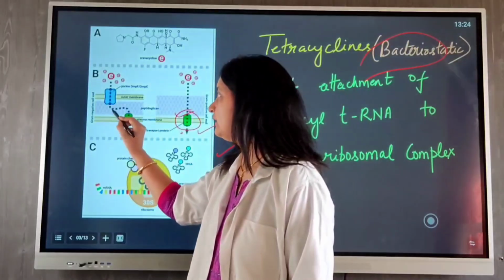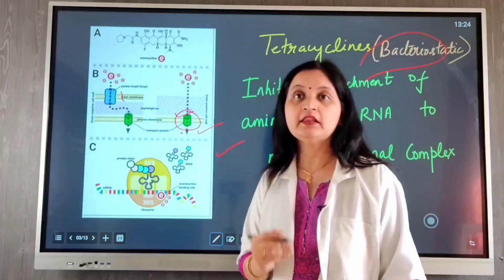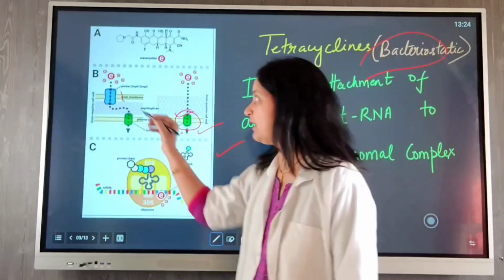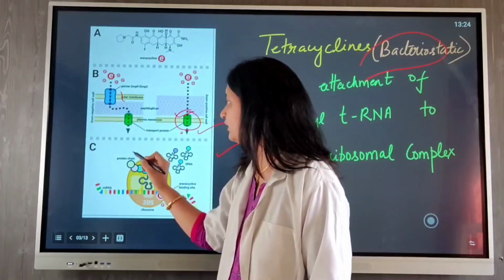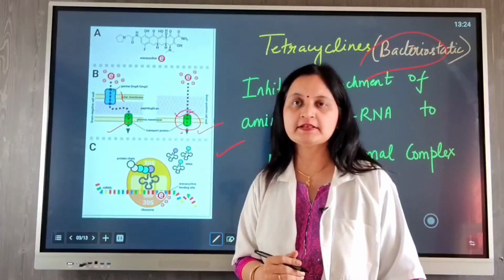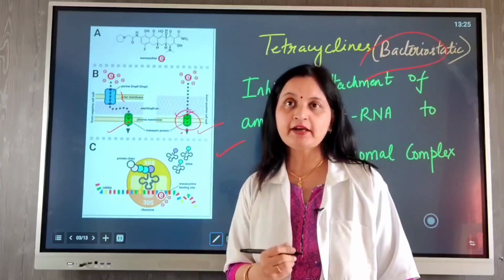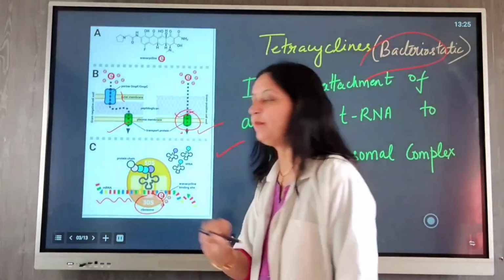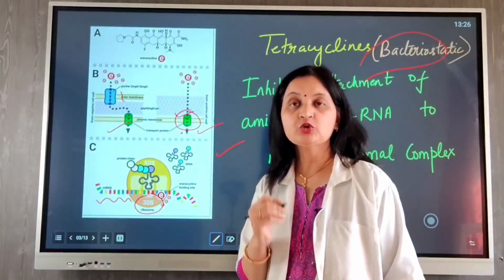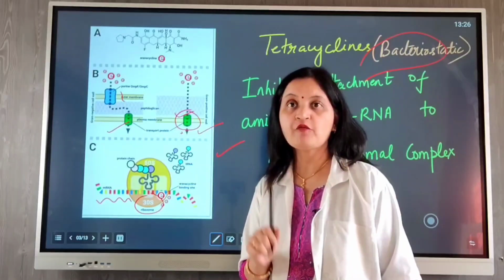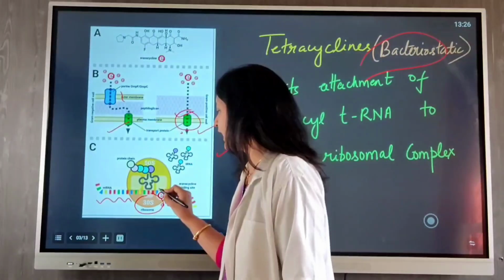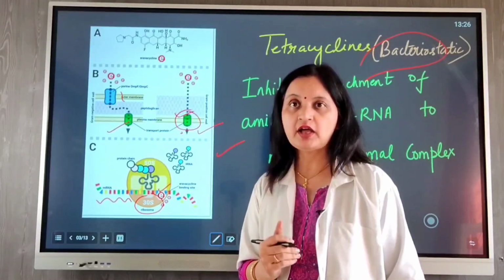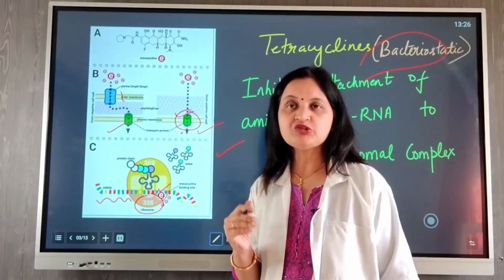In gram-negative bacteria, there are porin channels that are expressed in the outer membrane of the bacterial cell wall. So through these porin channels, the tetracycline passes by passive diffusion and then through the active transport mechanism, it enters into the cytoplasm. Now once tetracycline is inside the bacterial cell, it binds to the 30S ribosomal subunit to which the messenger RNA complex is attached. By binding to the 30S subunit, it inhibits the attachment of amino acid transfer RNA to the acceptor site in the 30S ribosome. So it inhibits the attachment of amino acid transfer RNA to the ribosomal messenger RNA complex, and